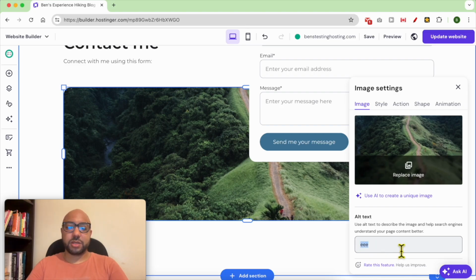For example, describe your image, for example, green nature with a simple line in nature, a trail with white. What is the opposite of white? Narrow